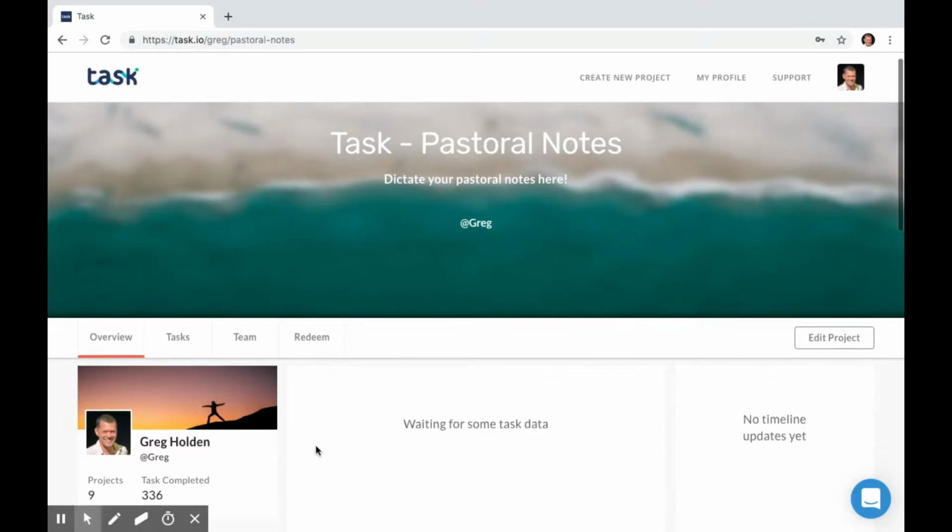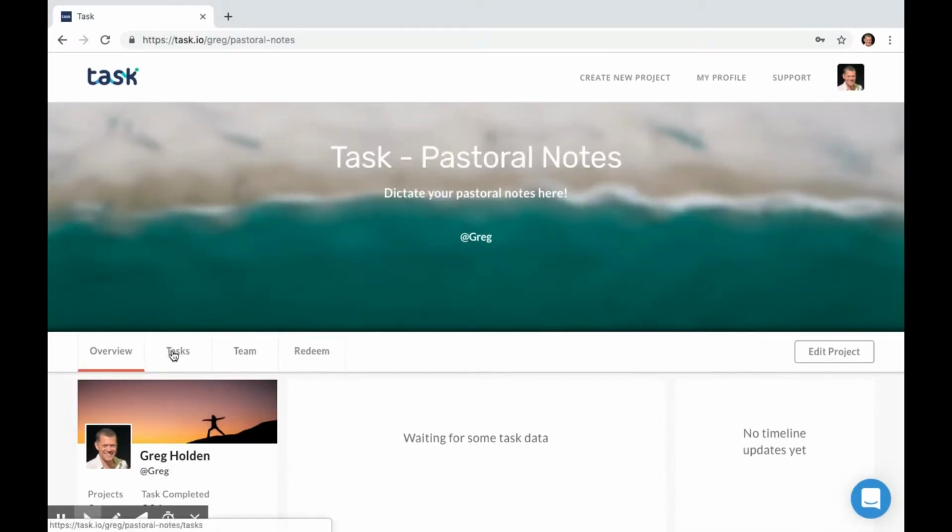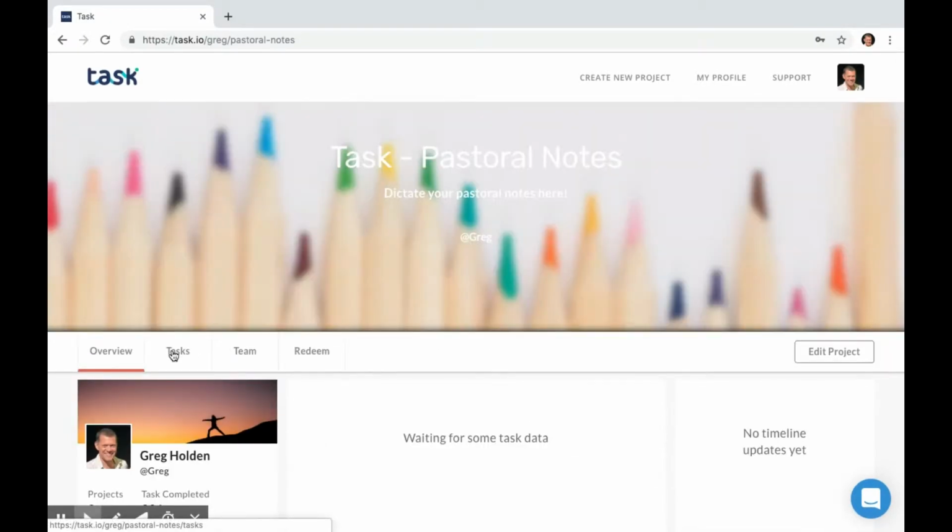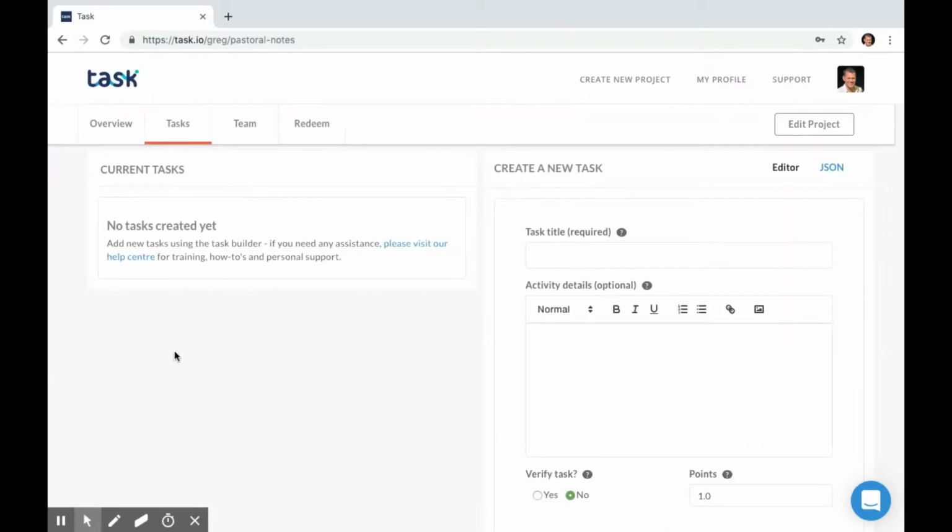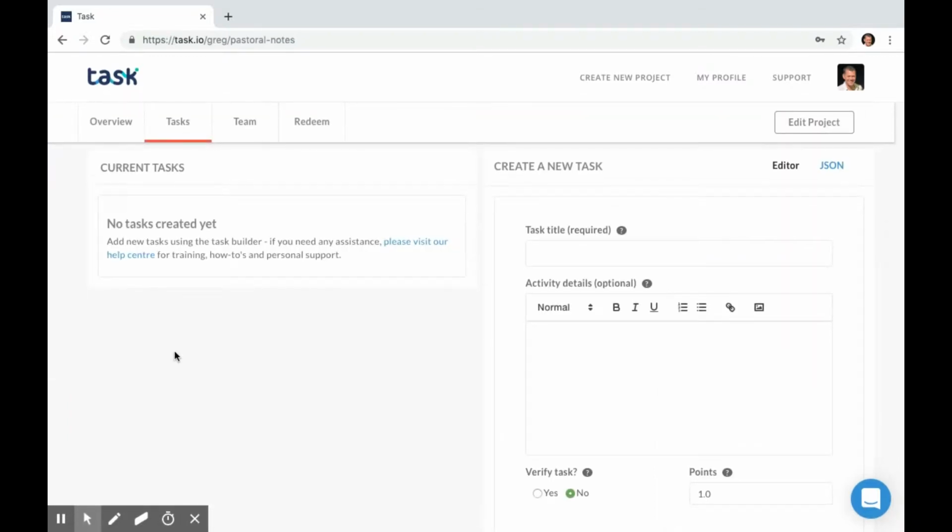Okay, so now the first job to do is to create some tasks within this. So this is what it's all about. So let's go to the task section here and create a new task. So the first thing I'm going to do is give it a title. Let's put here